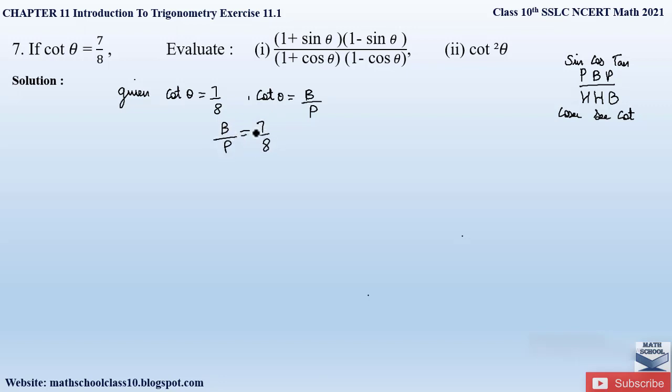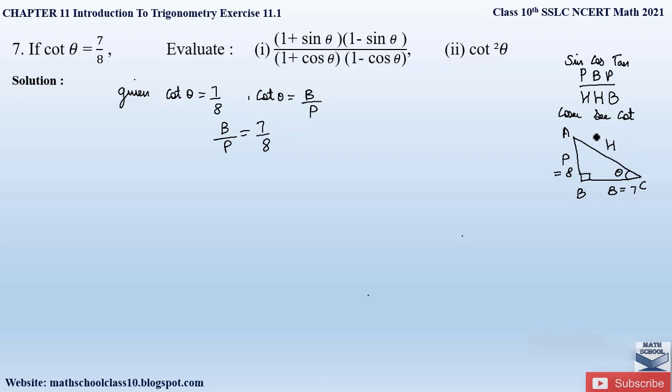So we know the base value and the perpendicular value in a given right angle triangle. For any trigonometric question, you should always consider a right angle triangle. So in a right angle triangle, let us name it as ABC. The side opposite the right angle is the hypotenuse. If we assume this angle to be the acute angle theta, the side opposite theta will be the perpendicular and the side along it will be the base, right? So here the base value is given as 7, perpendicular value is 8.